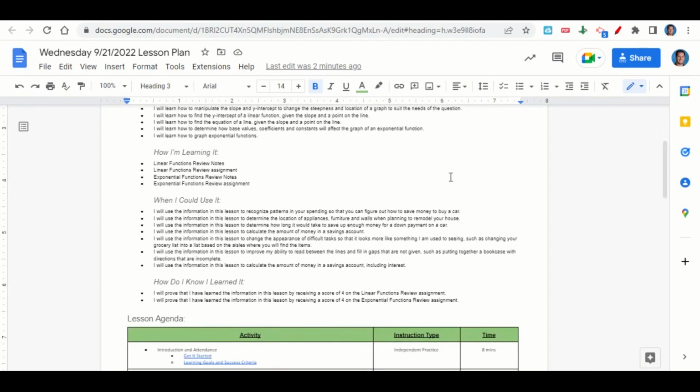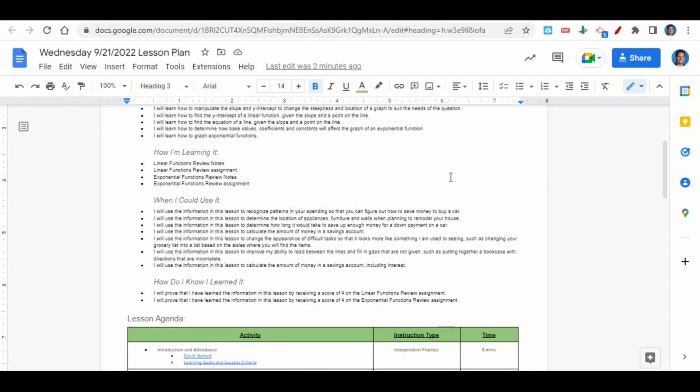When can we use this information? To recognize patterns in your spending so that you can figure out how to save money to buy a car, to determine the location of appliances, furniture, and walls when planning to remodel your house, to determine how long it would take to save up enough money for a down payment on a car, to calculate the amount of money